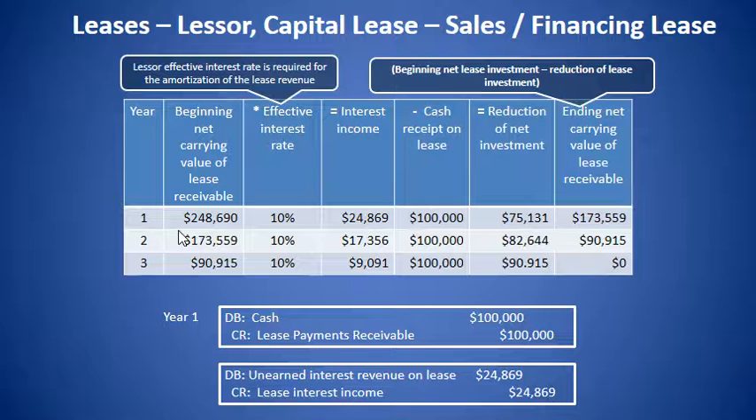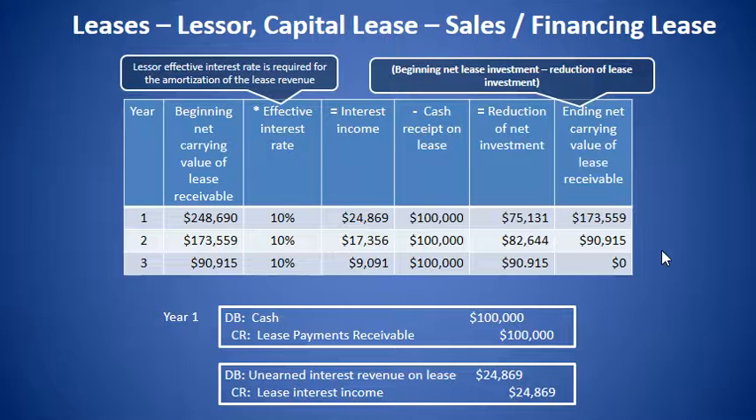So it would be $248,690 minus our interest, our reduction in our net investment of $75,131. So at the end of the year, after our first payment, our carrying value now would be $173,559, and that will be carried forward for year 2, and that would be the factor earning the interest for